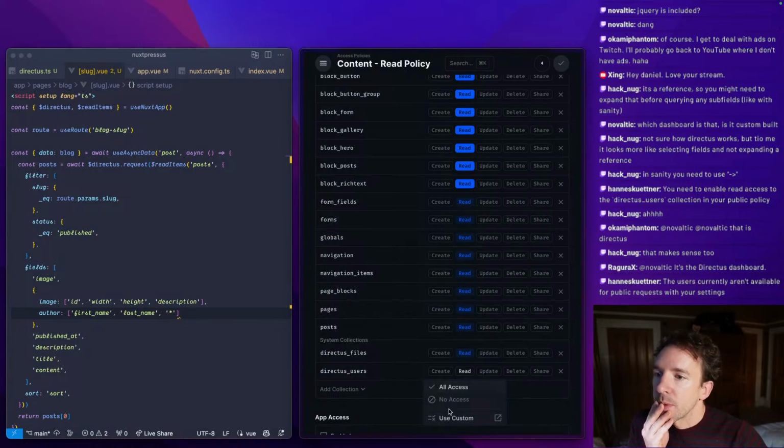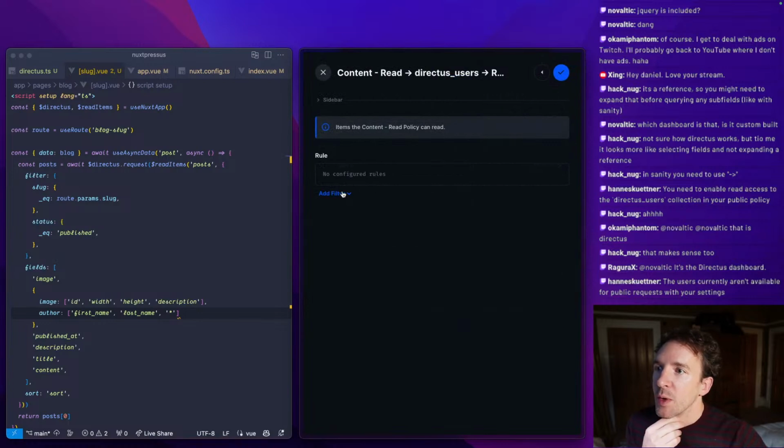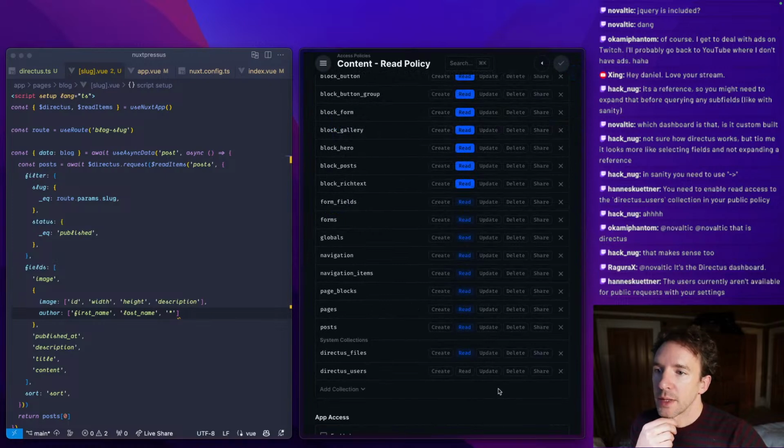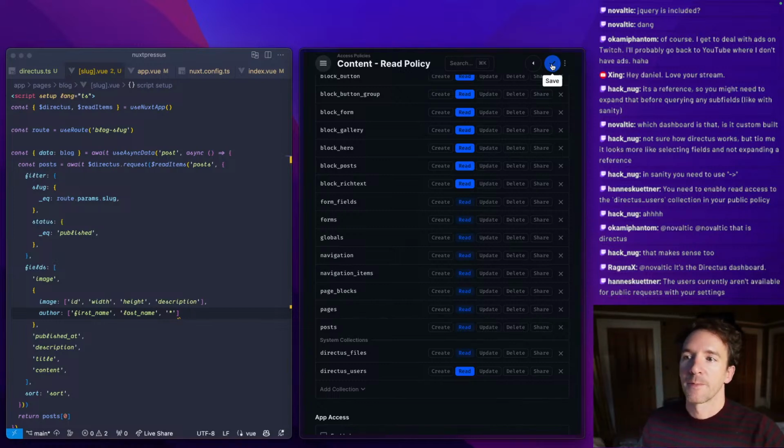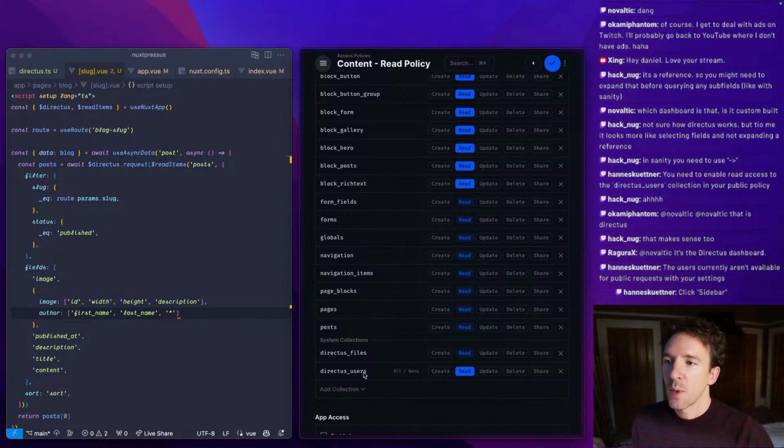There we go. And we probably don't want all, because I guess that would probably be passwords, but we can definitely do first and last name. Oh, wait. No, this isn't a field. This isn't field based, is it? If I do this, am I exposing user passwords or just public fields? Is there any way I can